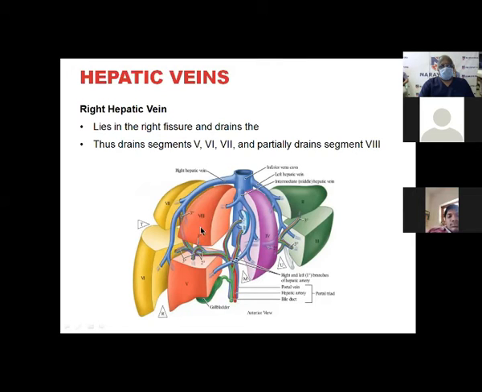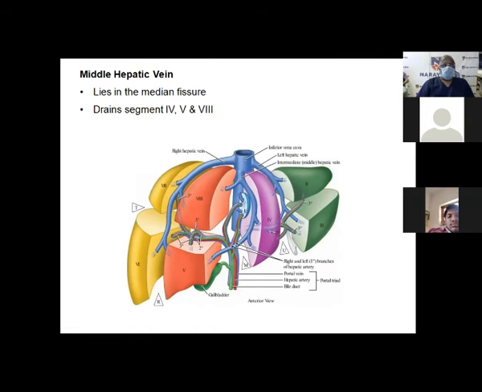To a certain extent, they are also drained by the middle hepatic vein, because the middle hepatic vein lies exactly in segment 4. So it drains segment 4, segment 5 and segment 8. So you must always be careful when you are taking this: take a piece of vein to anastomose to the transfer recipient. Again, the left hepatic vein drains segment 4, segments 2 and 3. This is how the hepatic vein drainage works.